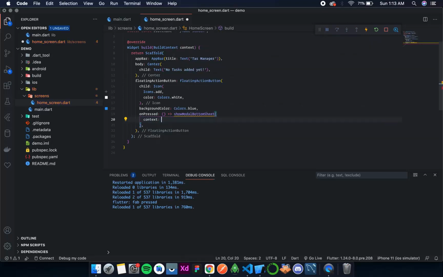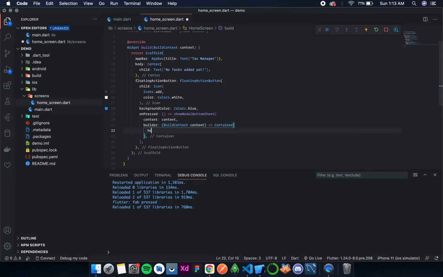Now it needs a context. The context is context, and then it has a builder. Every builder always has a build context. And for now, I'm sorry, I was coding in JavaScript last night, and for now let's simply return a container.